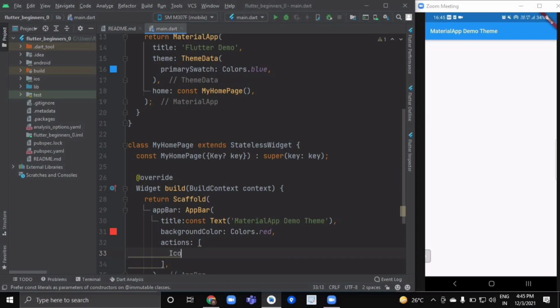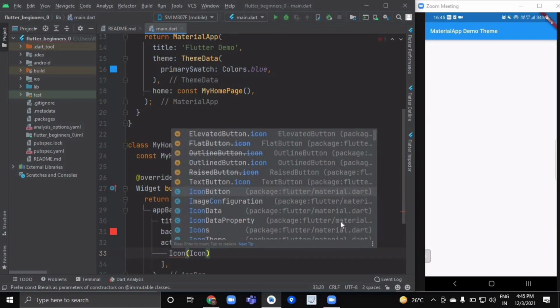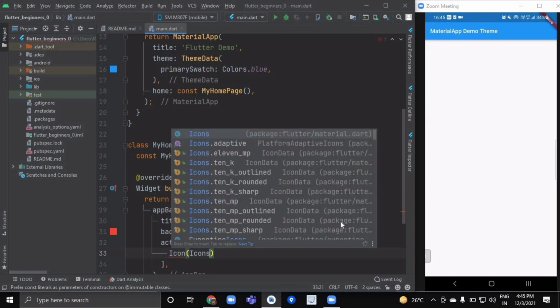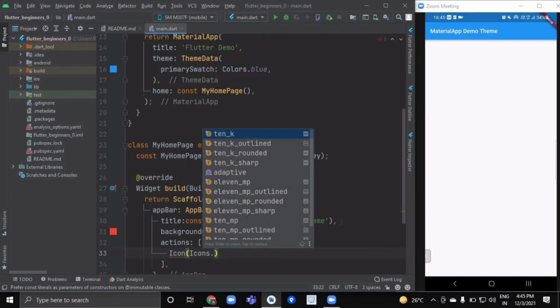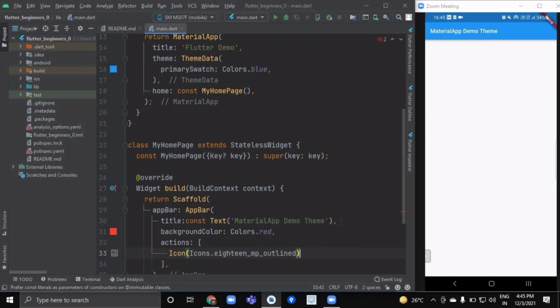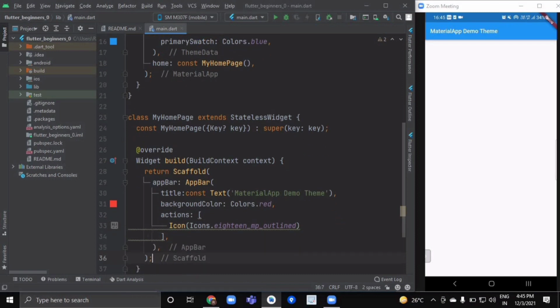So if I write one icon, to declare an icon in Flutter you have to write the Icon widget, and inside it provide an icon name which starts with Icons dot, and it will give you a list of icons. So let us select any icon and we can just showcase it.